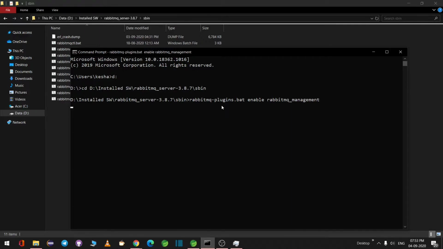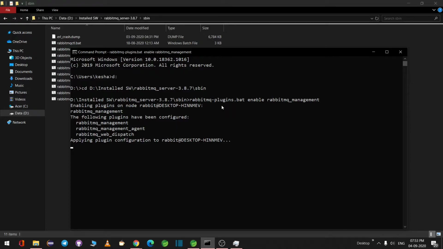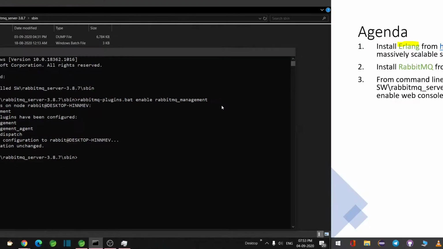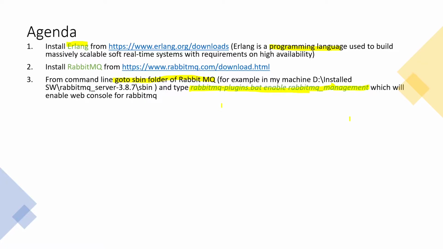Once you hit enter, it starts enabling your web console. It says enabling plugins. Just wait for 10 to 15 seconds. Now the web console for RabbitMQ is enabled. How to check? Let us go ahead and see what to do next.